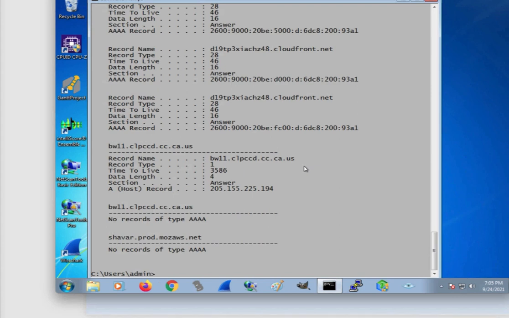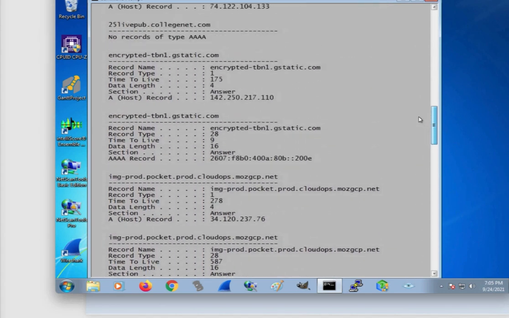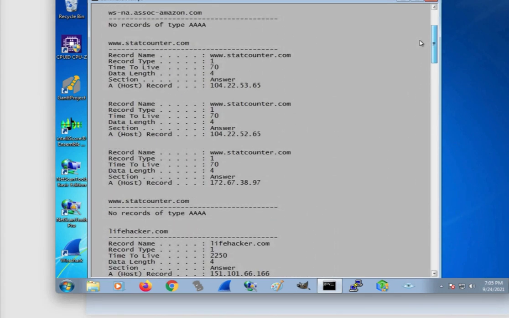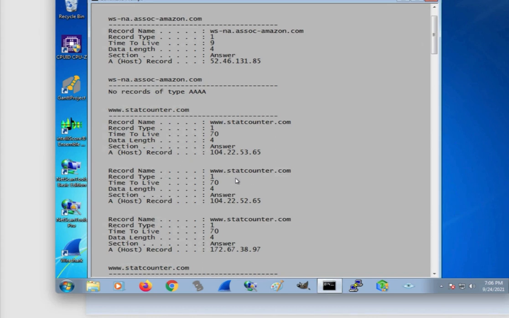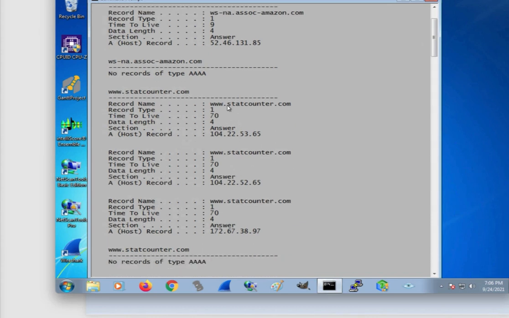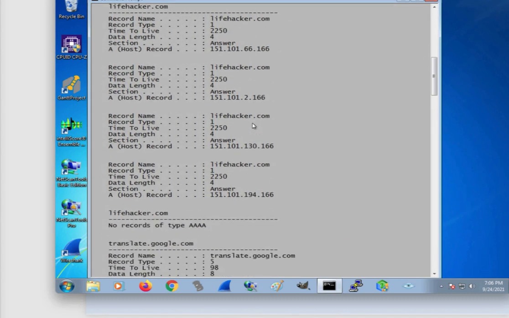Now, you saw I didn't actually even go there, but the process of going to the Chabot main web page, that page included a piece of information that came from that other server. So for each element contained in the web page that was located somewhere else, there was a DNS request and reply so that the browser could bring that information in. Same thing, we're going to see a long list of names and IP addresses for the elements included in just those two web pages we went to. Look at that stat counter. Some kind of stuff that keeps track of you on the net. They're watching you.